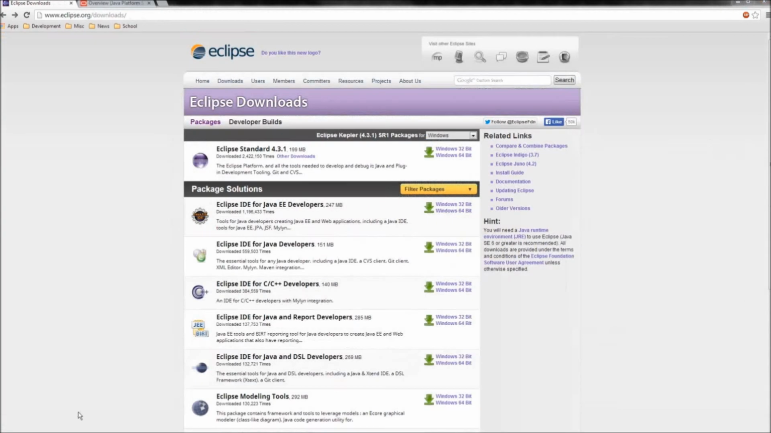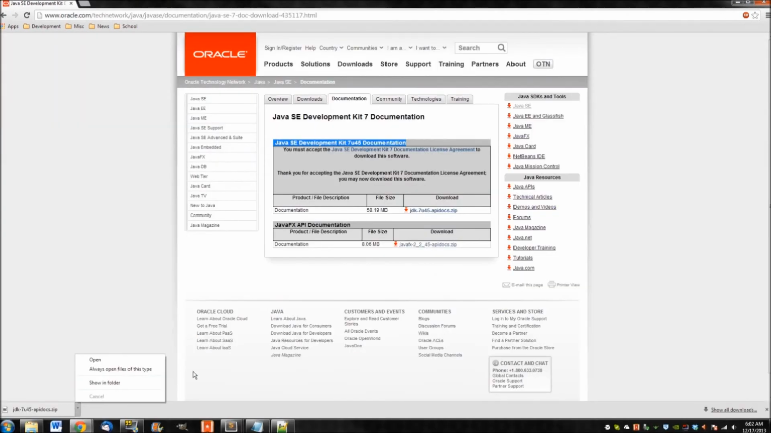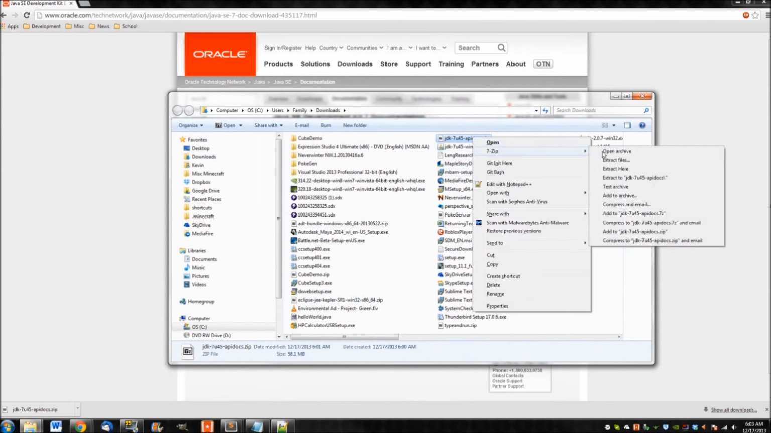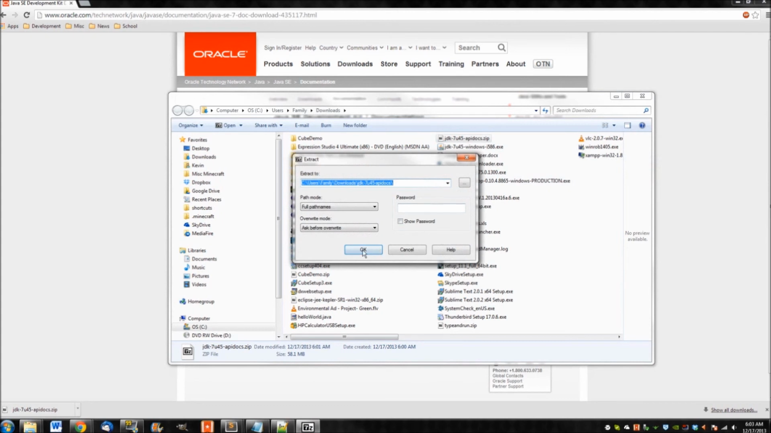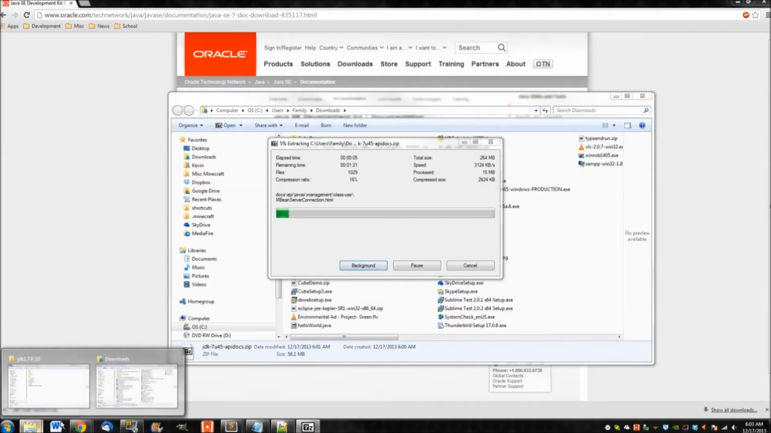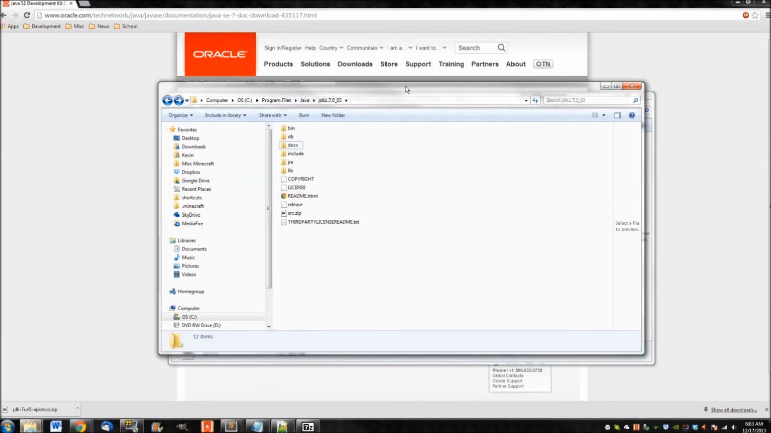Alright, so now that it's downloaded, you can find it in whatever folder it's in, and you're going to want to extract it. So you can right click, 7-zip, extract files, and just hit OK. And then it'll go through this and it'll extract, but then once that's done, you're going to find wherever your